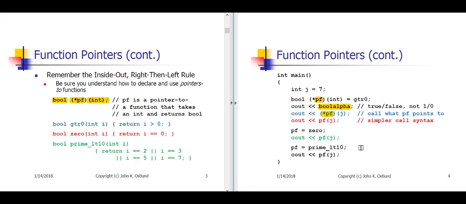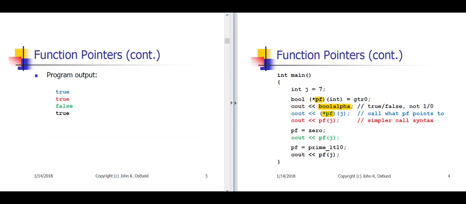Okay, well, J's value is 7, and consequently, when I pass 7 as an argument into the function that PF is pointing to, which is greater 0, that function will return true, and so true is what's going to be displayed on my screen,